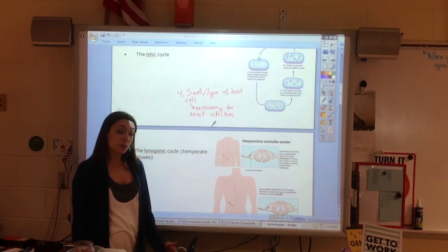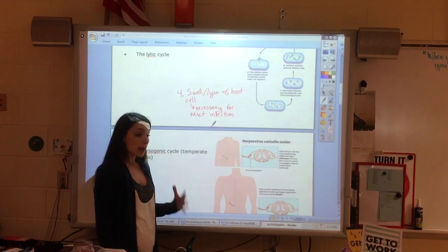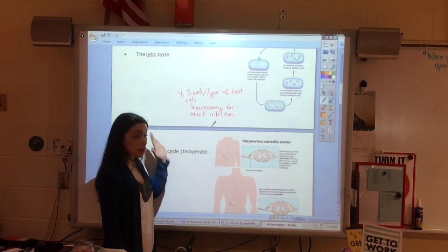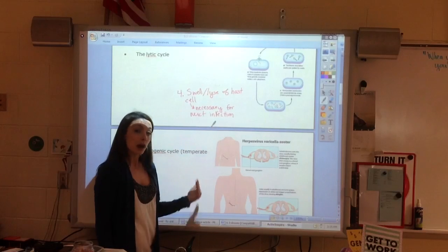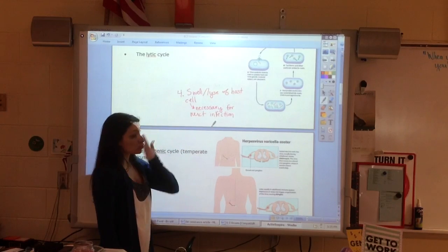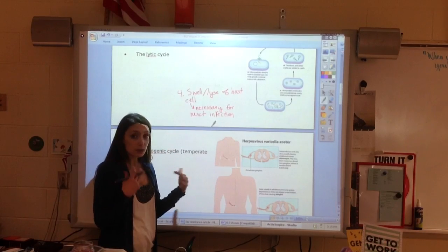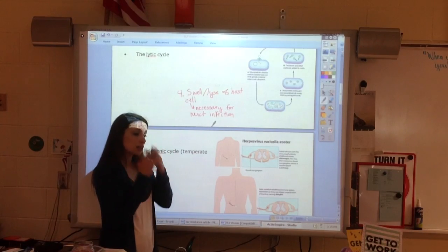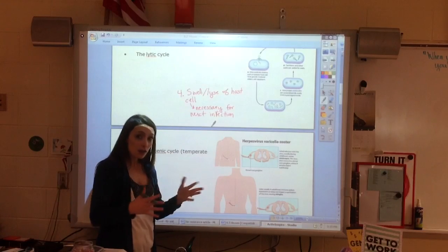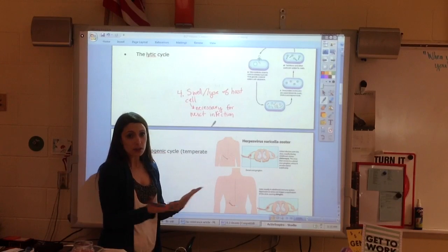And so one of the components that we'll actually see as part of this is that somehow the virus needs to get not only from cell to cell, but possibly even from host to host. So this is why the destruction of certain cells is going to trigger the immune system to sneeze. And as you sneeze, or cough, or vomit, you're going to expel some of those virus and be able to transmit.